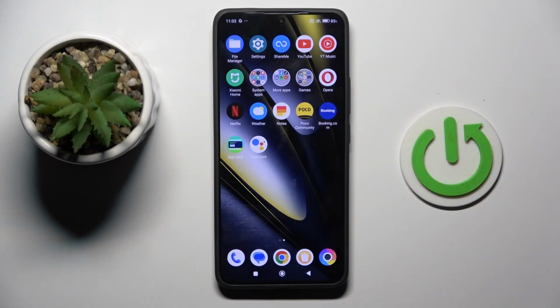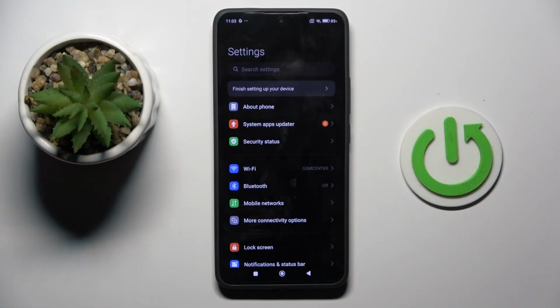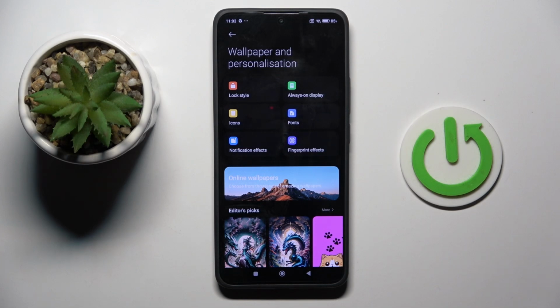Hello everyone, in front of me is POCO F6 and let me show you how to change wallpaper. First of all, open the settings, then find and select wallpaper, and now choose the source from which you want